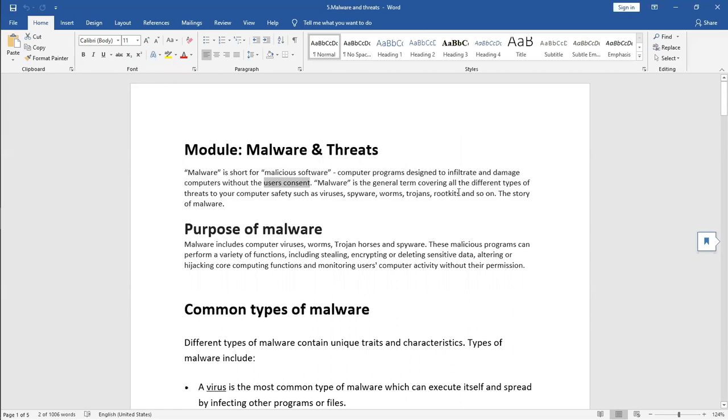Malware is a general term that covers all the different types of threats to your computer safety. Threats means your viruses, your exploits, you can say. It could be a virus, a spyware, a worm, a Trojan, a rootkit, and so on. Each and every threat, each and every virus, or you can say malware, has a different kind of functionality in the different kind of source. For example, over here, the malware term